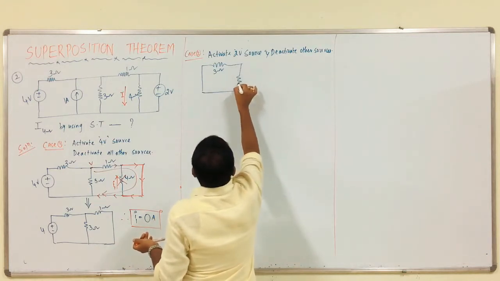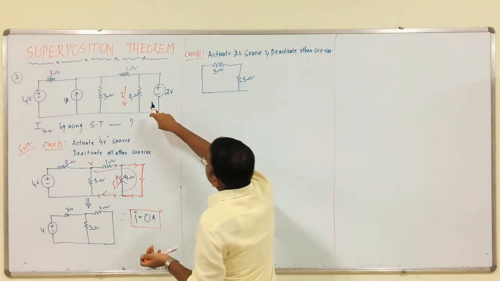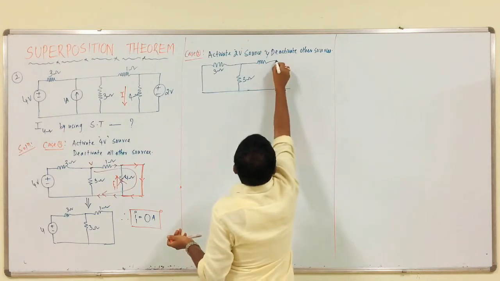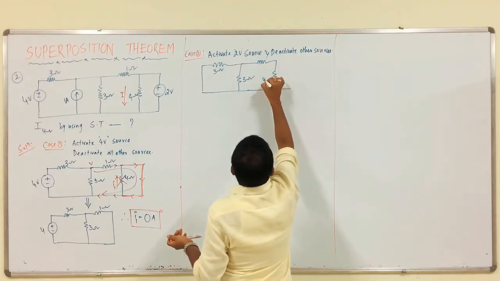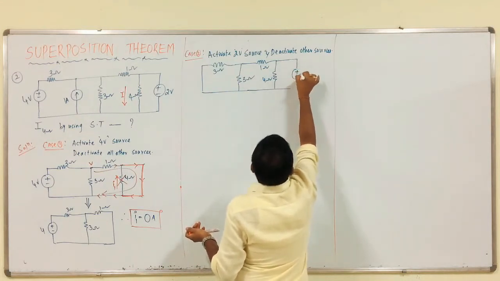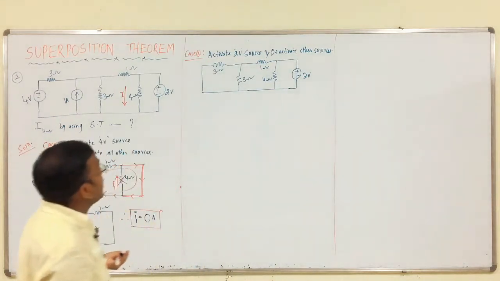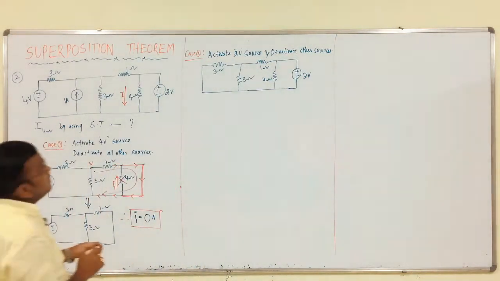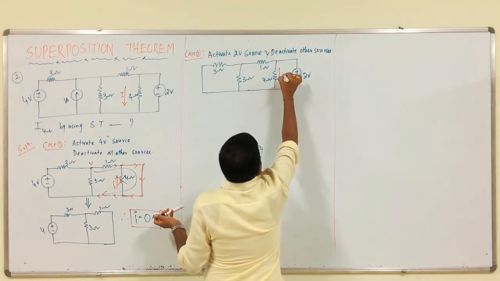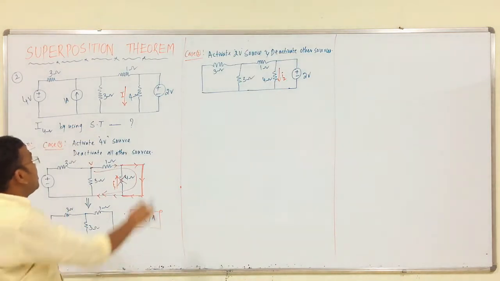Therefore, again 3 ohm branch, then 1, 4, this is 1, this is 4, this is 1, finally, we have what? Plus minus 2 volts. Clear? This is the circuit. From this, now this is I2. Now, it is time for I2. Okay? Downward direction, same as that of I.